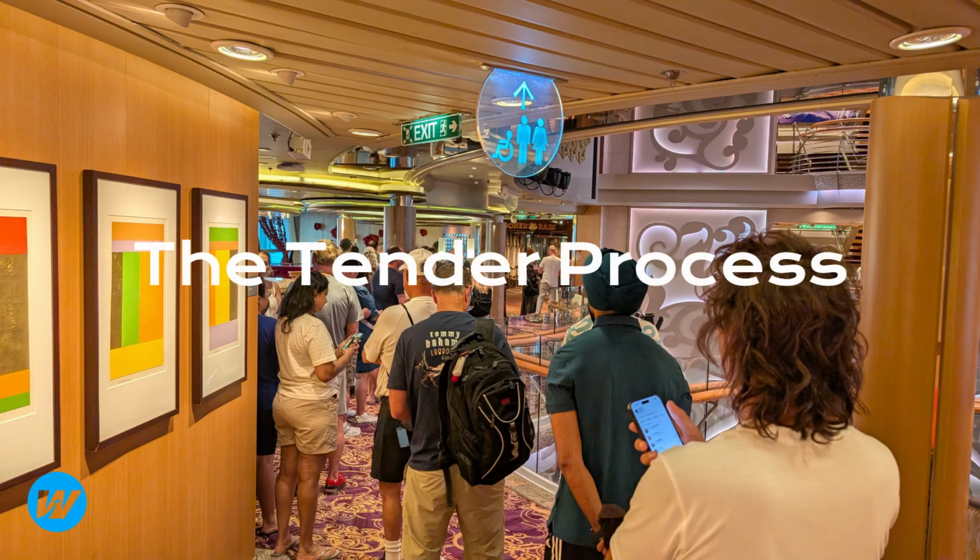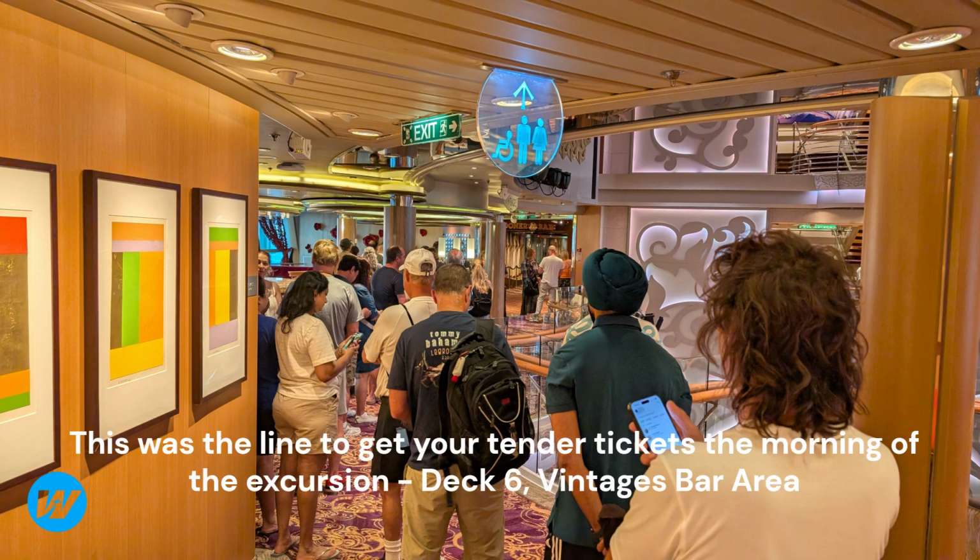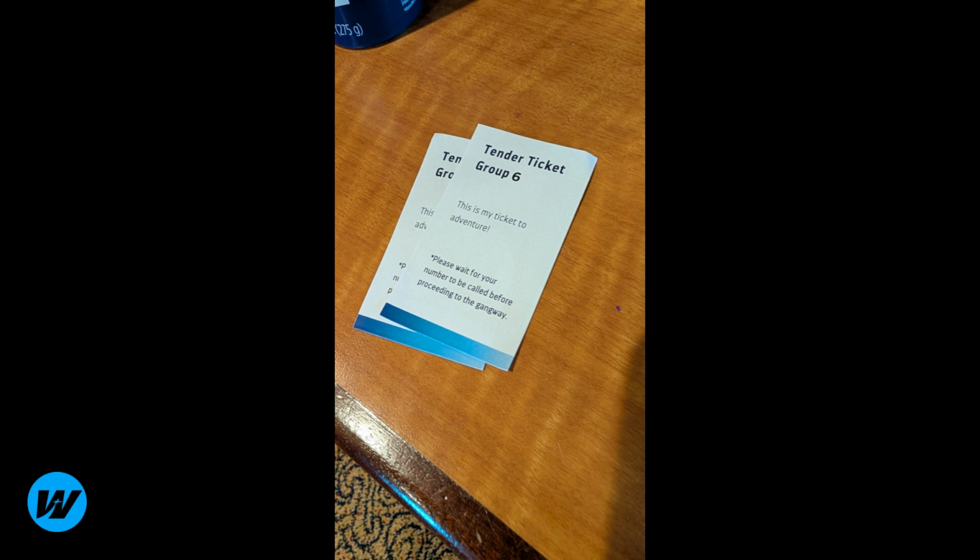To get on the island of Santorini from the ship, you do have to go through a tender process. Those are the little boats that go from the ship to the island. This was the line to get your tender tickets the morning of the excursion on deck 6 near Vintage's bar